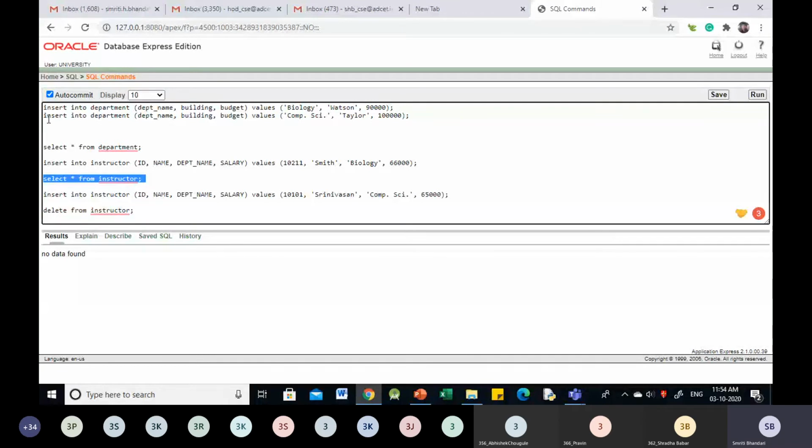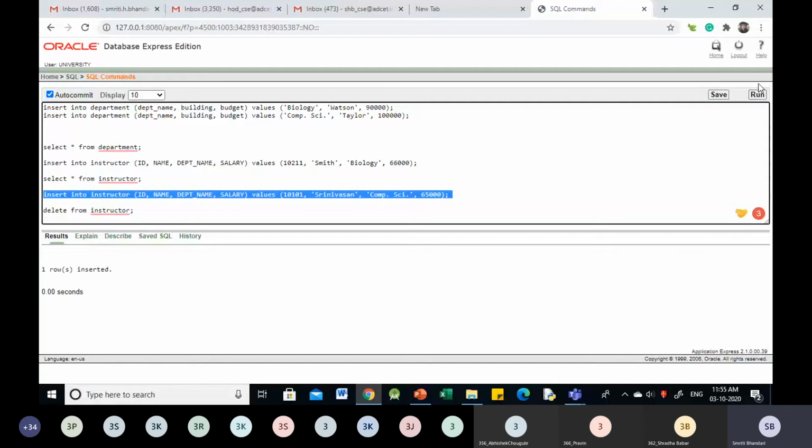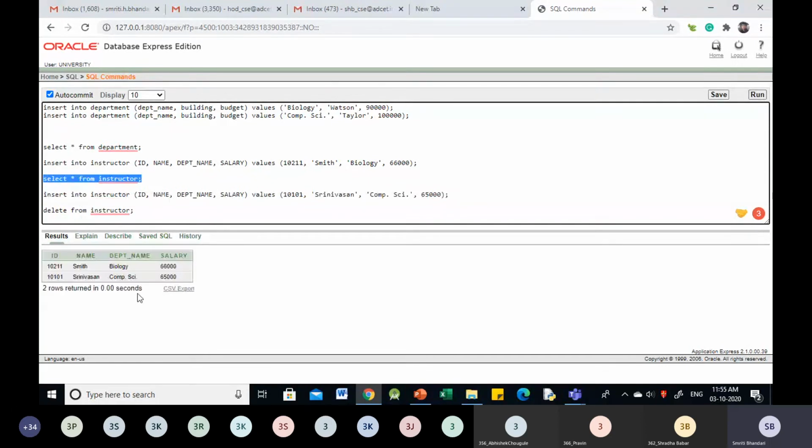So let us once again insert the data. Insert into instructor. Once again we are executing the same statements. The first record is added and this is the second record. If we look at the data in instructor table, we have these two records.